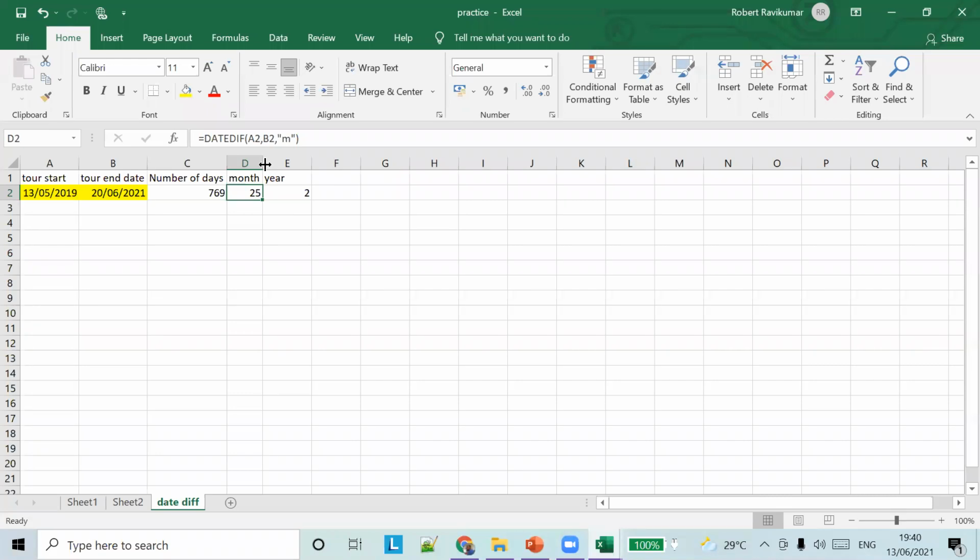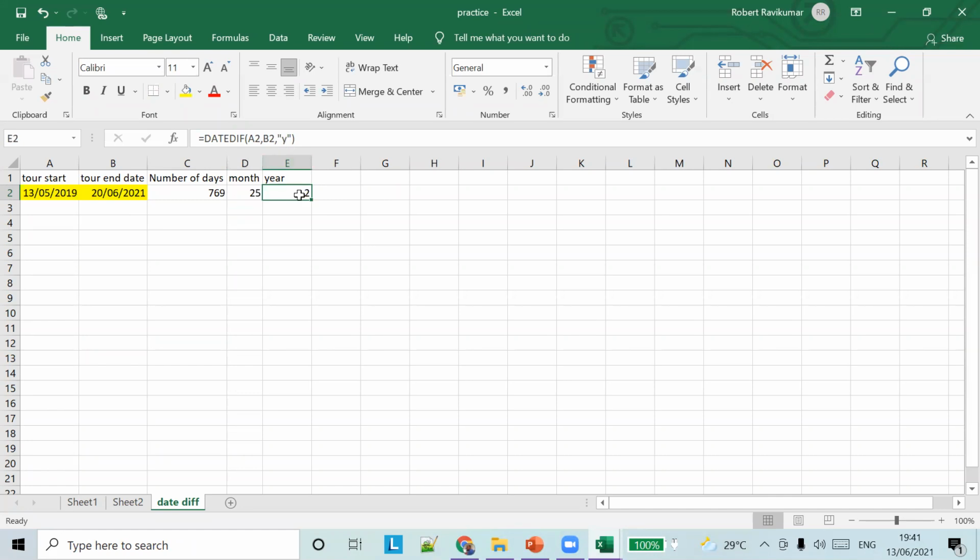You pass the start date as the first parameter, which is A2 here, the end date as the second parameter, which is B2, and then tell it whether you want months, days or years. Here we want the difference in months, so you'll get 25.